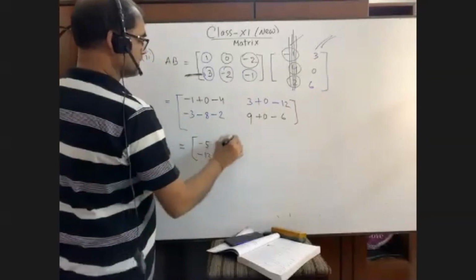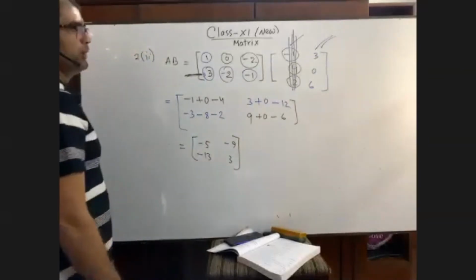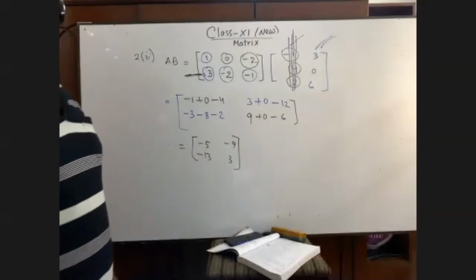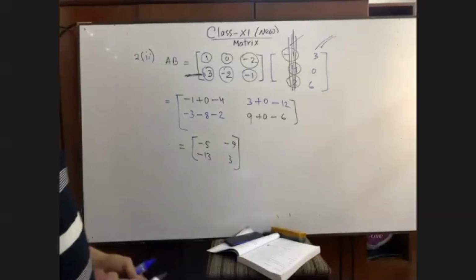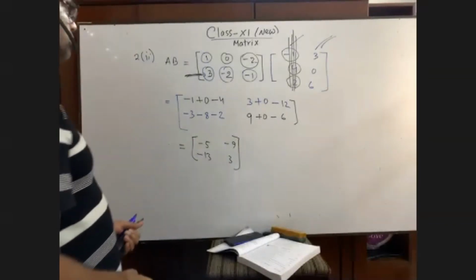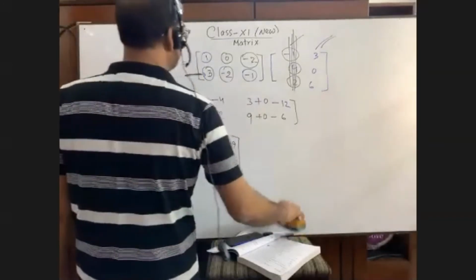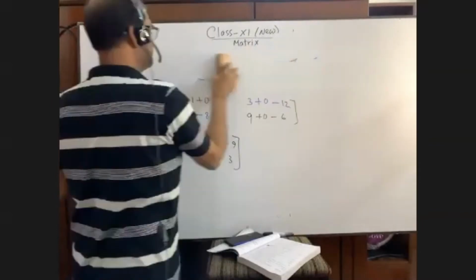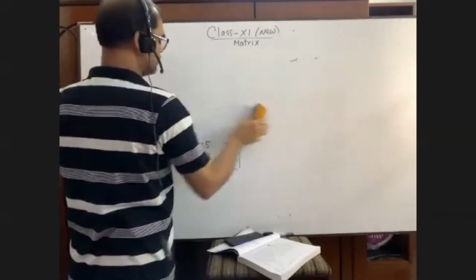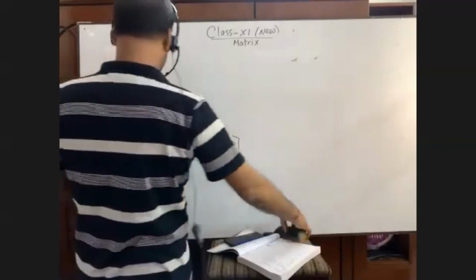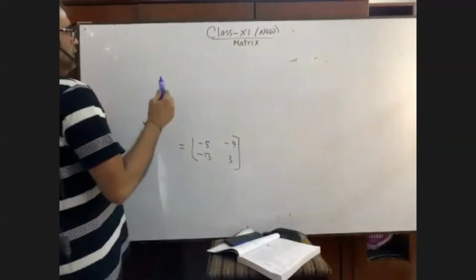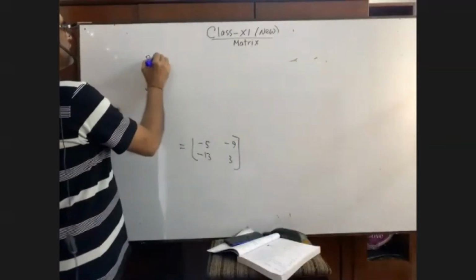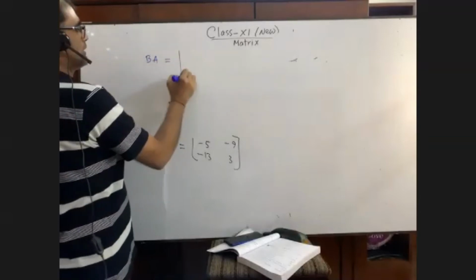So we have got AB. Now you are required here to determine BA. Now is it possible for you? Okay, all of you are required to do BA. And I want to see who can do it first. Find out BA. Who is going to find out BA at first? BA equals to what?